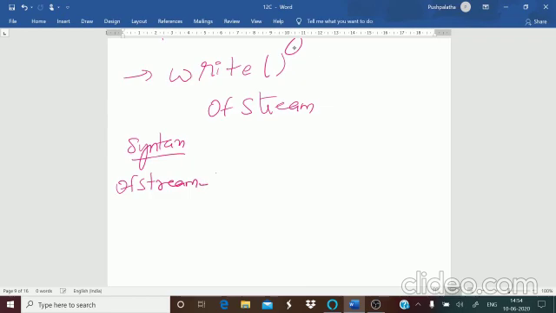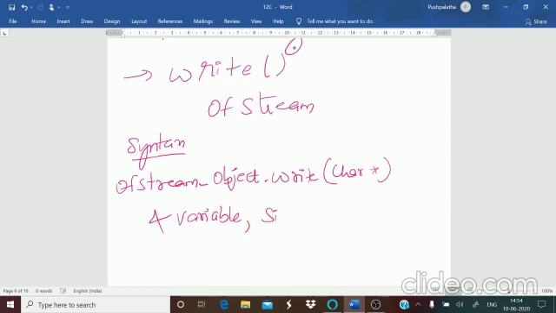ofstream object dot write, (char*) and variable, comma, sizeof variable.